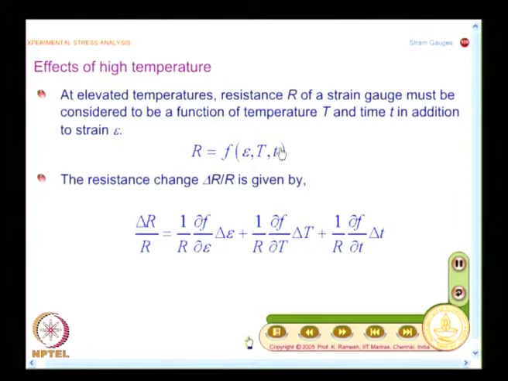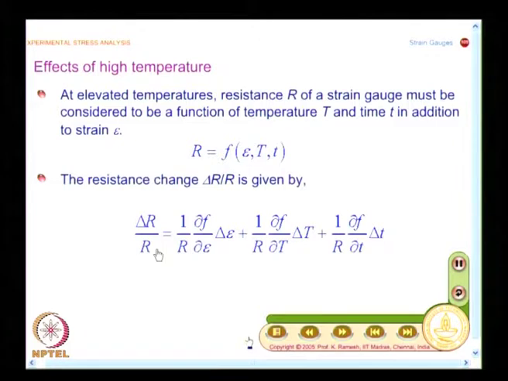As a function of temperature, there could be deterioration of the strain gauge system, because the bonding may relax, and you will also have phase transformation in the gauge alloy. It is very interesting: unless you look at each aspect closely, you may ignore any one of these changes, because when I am exposing the foil alloy to high temperatures and also subjecting it to load, there could be phase transformation. This also can affect your strain measurement.